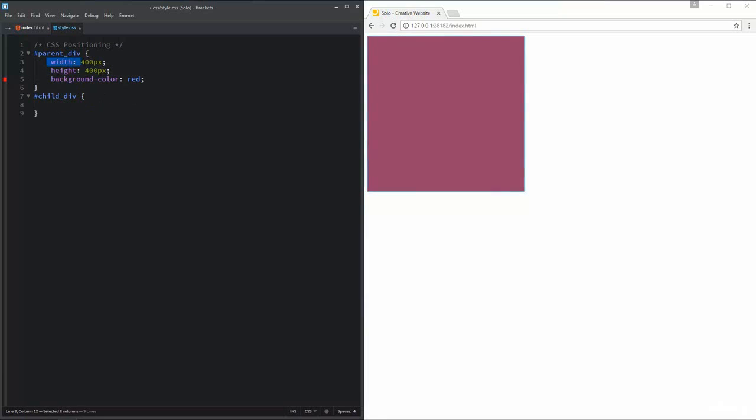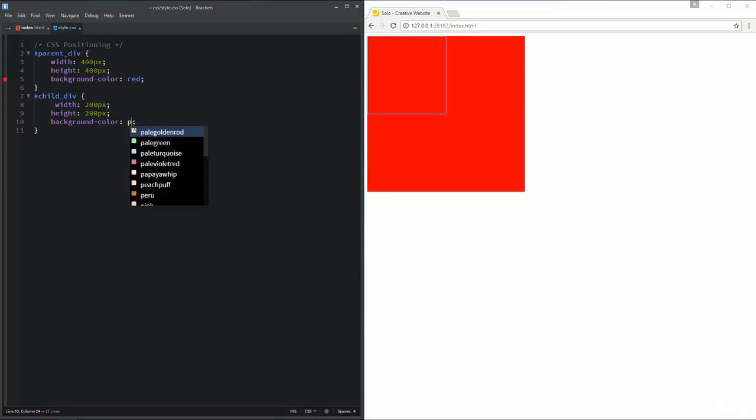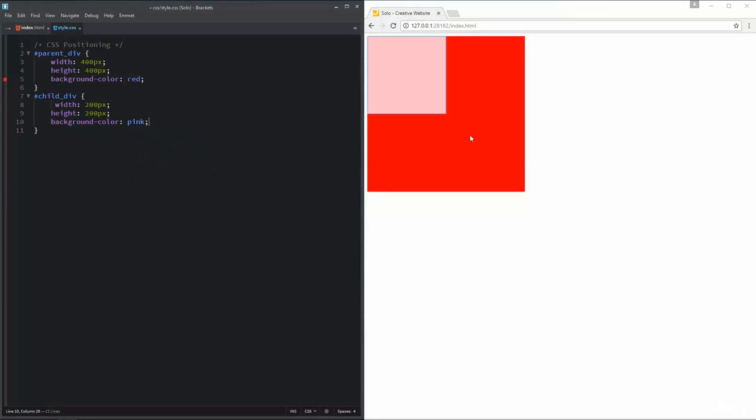I am going to specify width, height and background color for this child div too. I will copy the CSS and duplicate it for this child div. For the child div, I want the width 200 pixels, height also 200 pixels, and the background color should be pink. And here is how it looks on the web page. We have this pink div which is the child div and the red div which is the parent div.